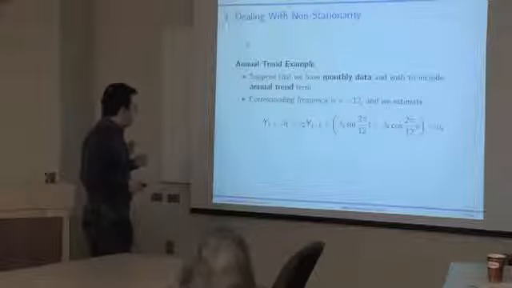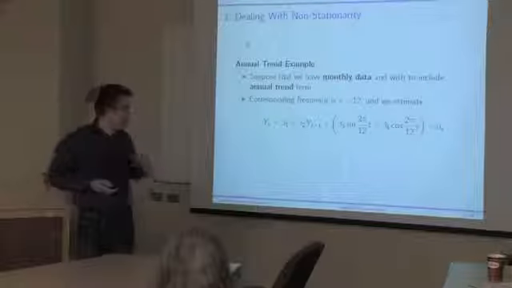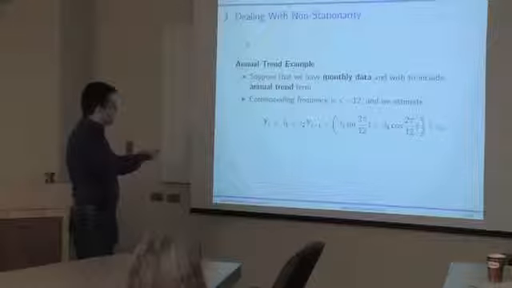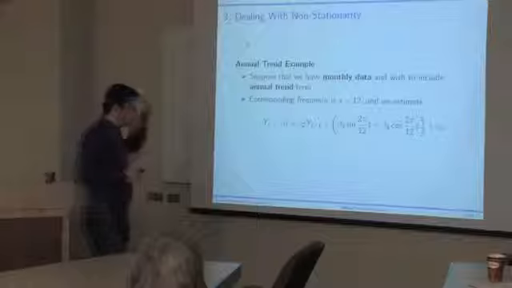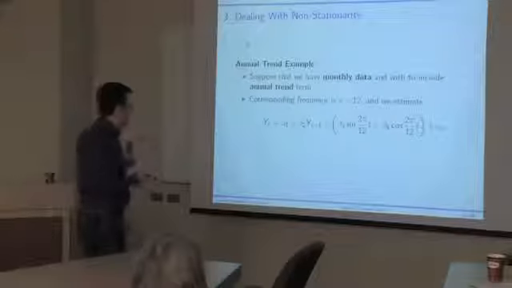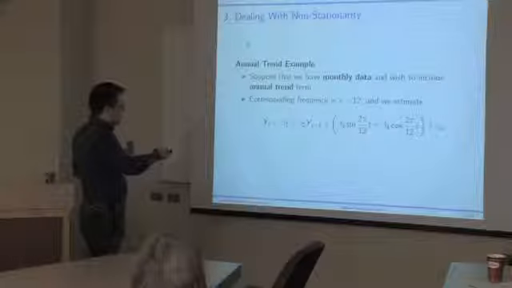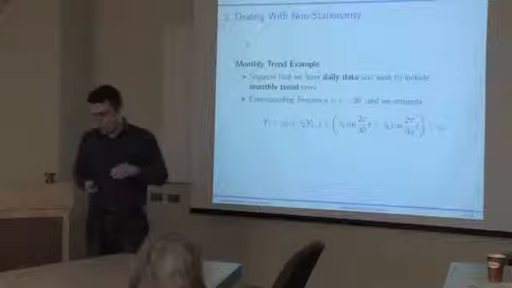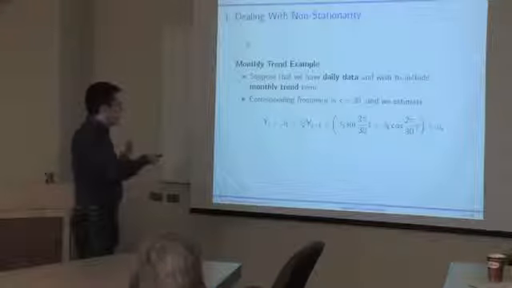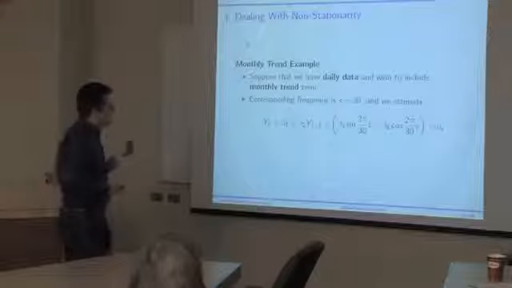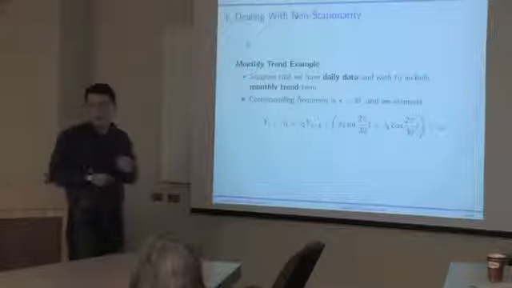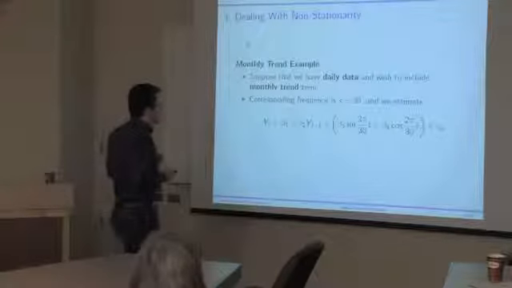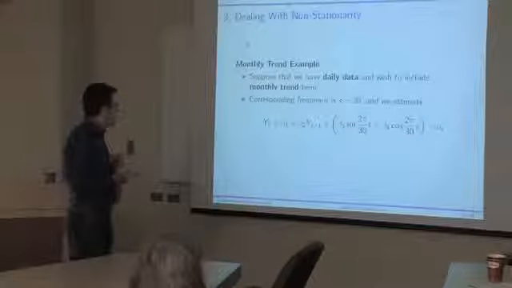If we had monthly data and we wanted to capture annual cycles, we would do the same thing, except that now our frequency would be set to 12 months, 1 year. And again, we would include that term into the regression model, which would capture these annual trends using the sine wave. But now the frequency, that denominator here, is going to be 12. And if we had daily data, for example, and we wanted to model monthly trends in these daily data, we could do that in the same way by including that sine function into that regression model, except that now our frequency would be 30 days, 1 month, so basically the denominator would change. That's really the only thing that would be changing if you were to adjust the cycle length.